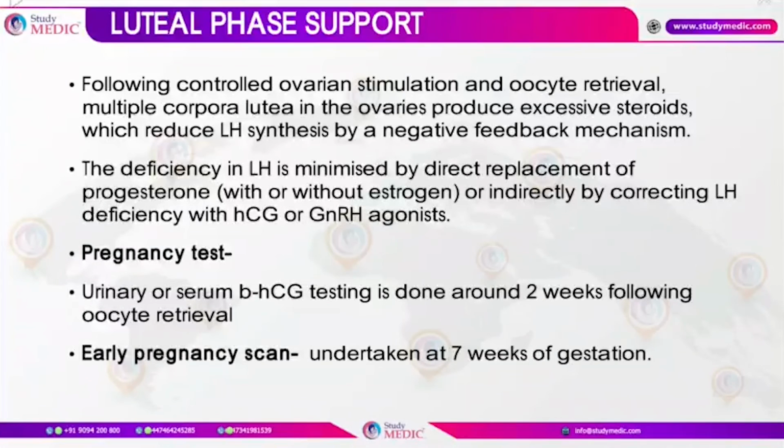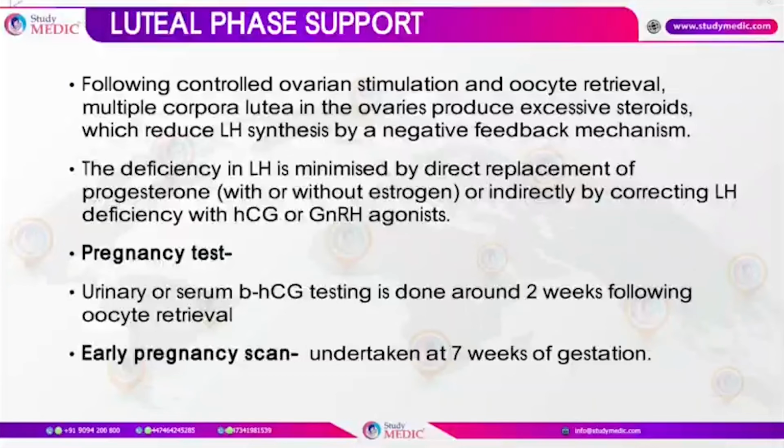Following controlled ovarian stimulation and oocyte retrieval, there are multiple corpora lutea in the ovaries, which produce excessive steroids and reduce LH synthesis by a negative feedback mechanism. There is a deficiency in LH, which can be minimized by direct replacement of progesterone, or indirectly by correcting the LH deficiency by means of hCG or a GnRH agonist, so that the pregnancy